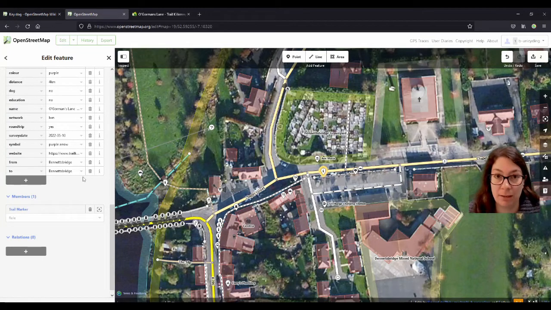And I still have to add the... it's partly added to the relation, the trail marker. So we have the trail marker there and we have to give it a role, and that's the route marker. And I've talked about that in the video about the Freshford loop, so you can go and watch that in more detail if you want to.